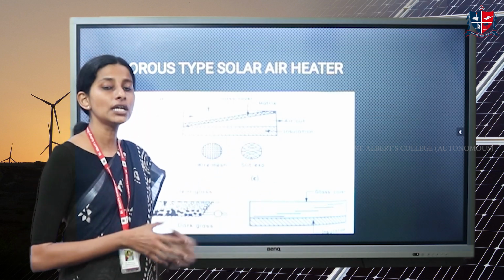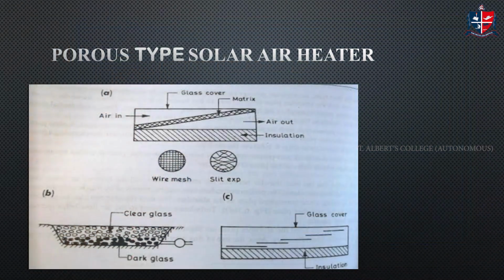Then the last type is the overlapped glass plate solar aerators. Okay, overlapped glass: you can see there are sets of glass plates which are kept one above the other. Wherever overlapping takes place, those places are blackened. Overlapping portions are blackened, so that these plates will together act as an absorber. Not just one plate, but the set of a lot of overlapped glass plates. These overlapped sections will act as the absorber.